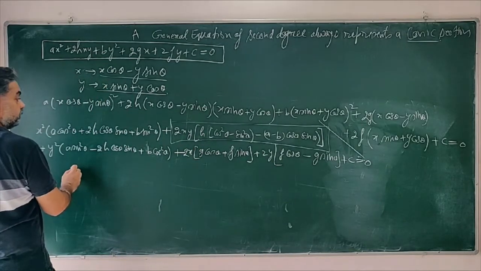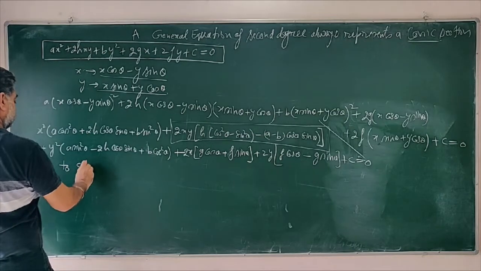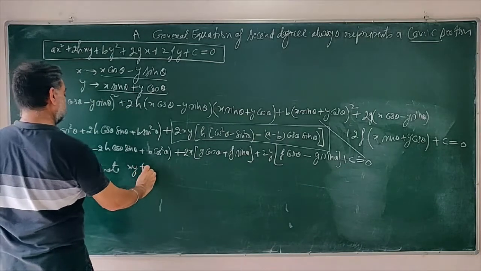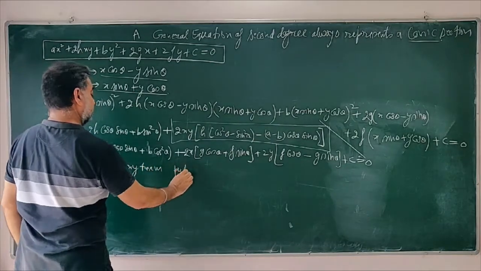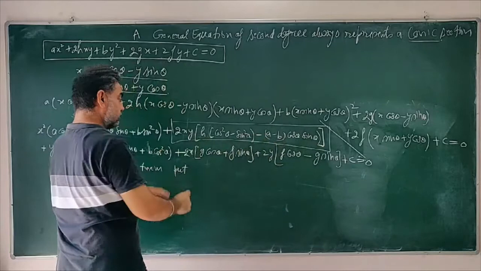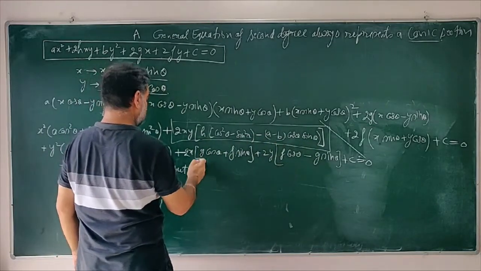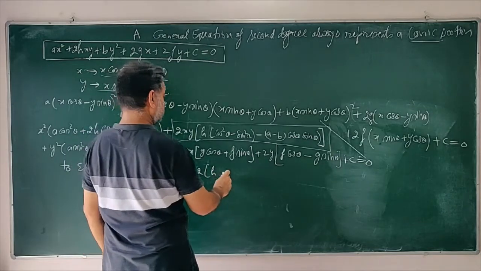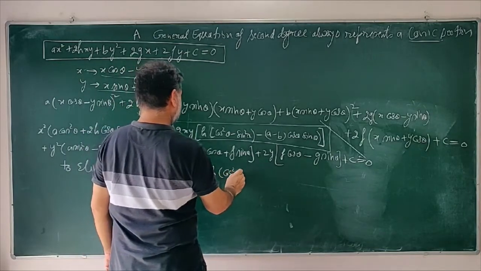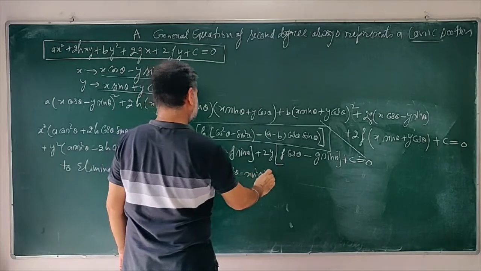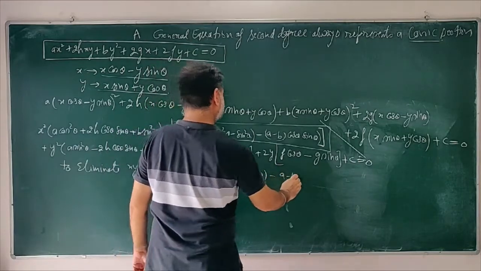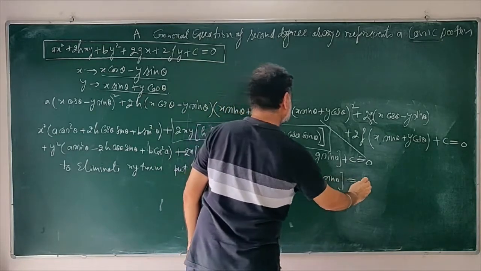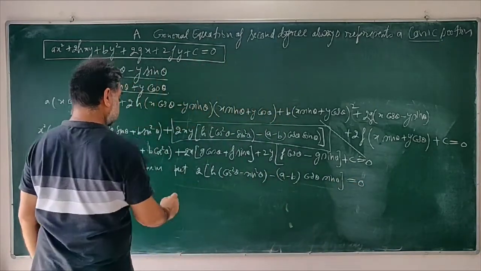So to find that value of theta, we put the coefficient of xy equal to 0. To eliminate the xy term, put this coefficient of xy equal to 0. So this is 2h (cos square theta minus sin square theta) minus (a minus b) cos theta sin theta is equal to 0, and this gives you